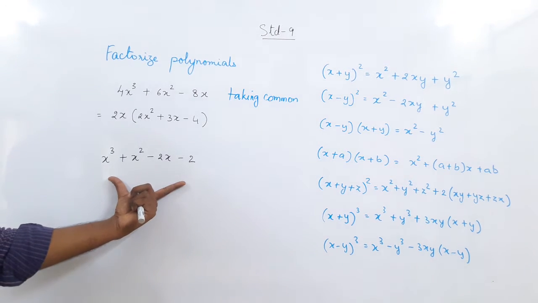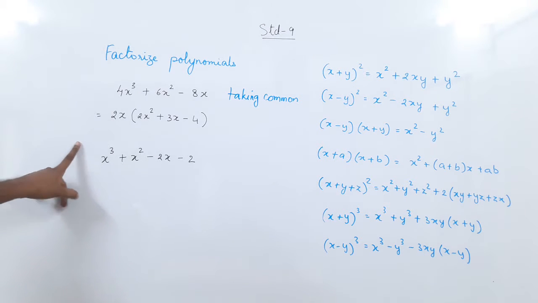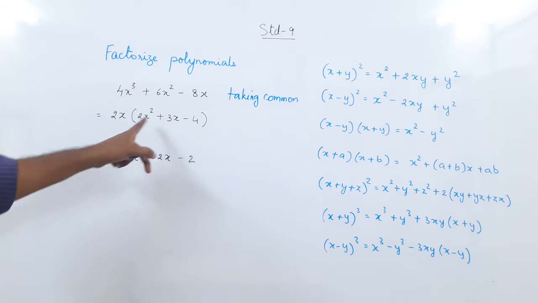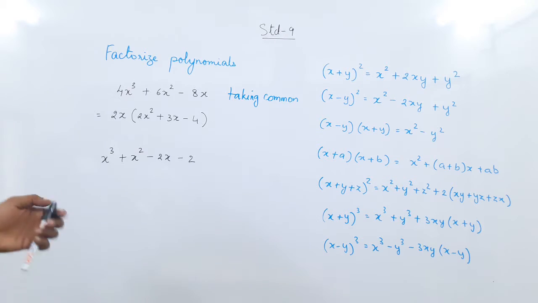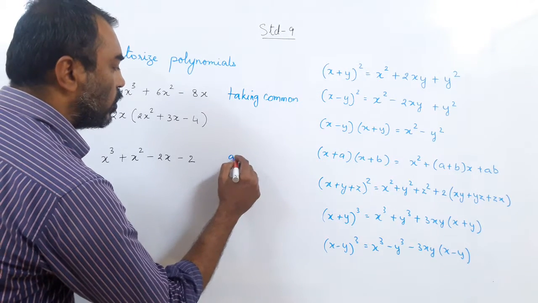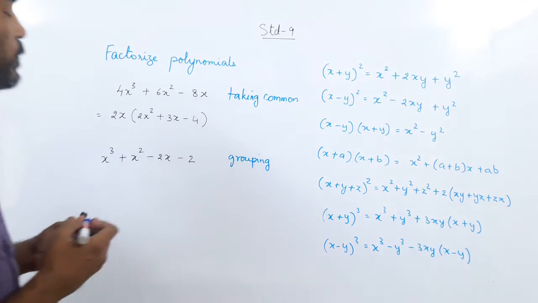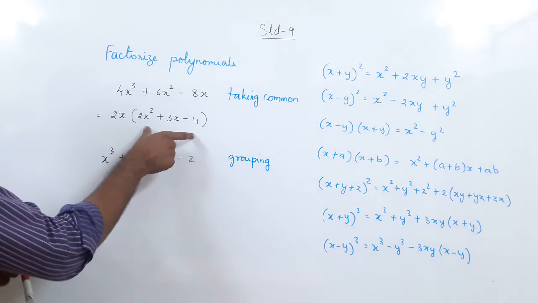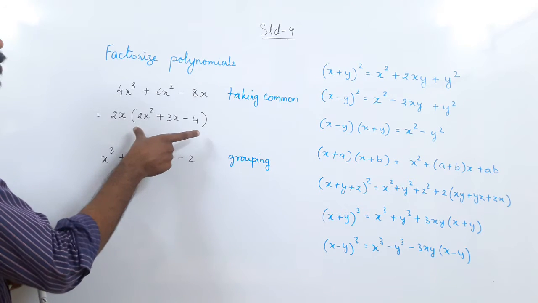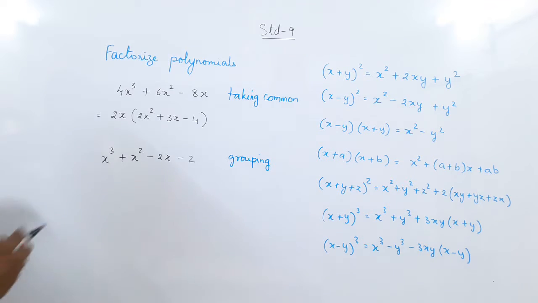Now before we try to factorize the cubic polynomial by the method we have learned, which method have we learned? First the remainder theorem to find out one factor, then the long division method, and then the factorization of the polynomial. Before we do that, we should think of a method called method of grouping. Remember, when we had a quadratic polynomial, we were splitting the middle term to take out common. So here we can try the grouping directly.